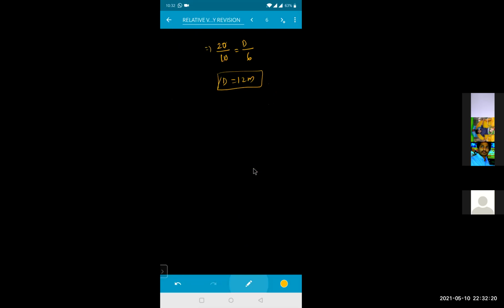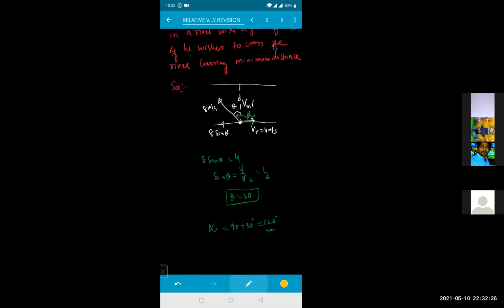क्लियर है? सो टुडे यू ट्राई टू प्रैक्टिस योर रिलेटिव वेलोसिटी रिवर एंड बोट के थोड़ी बहुत प्रॉब्लम्स करो, ज्यादा कुछ नहीं है. एक-दो ही फॉर्मूले हैं इसके ऊपर, ग्राफ के ऊपर थोड़ा एप्लीकेशन कर लो, that will help you out. And tomorrow's session of the class will start with your next topic as per the schedule. Maybe we will be lagging by 1 or 2 days, but we'll try to do that topic. Okay?